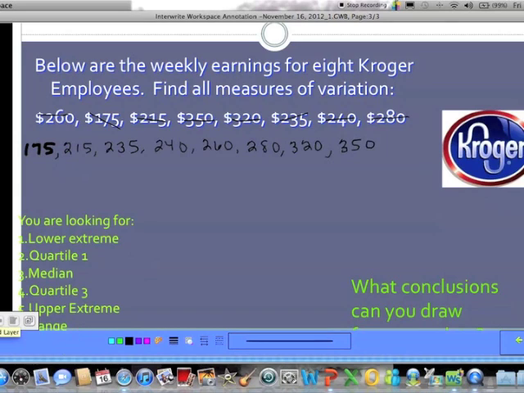We are looking for the lower extreme, Q1, median, Q3, upper extreme, range, and interquartile range. Those are the 7 things we're looking for. The first 5 make up the 5-number summary. So what we're going to do is first, after we put our numbers in order from least to greatest,